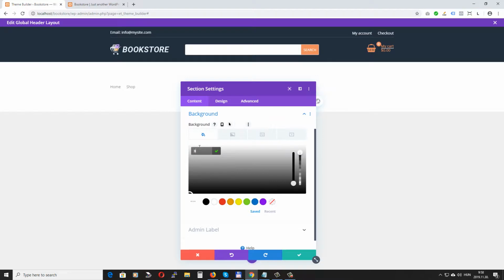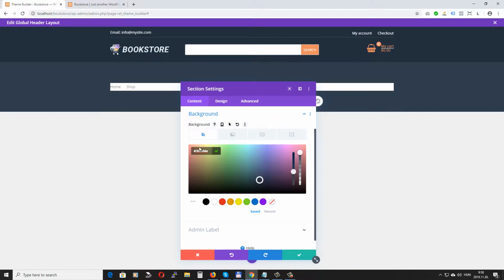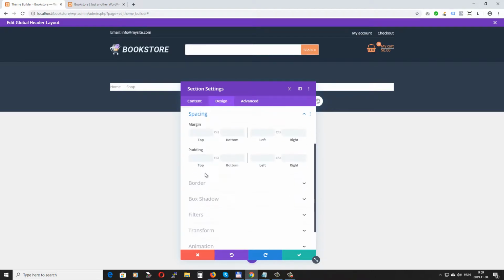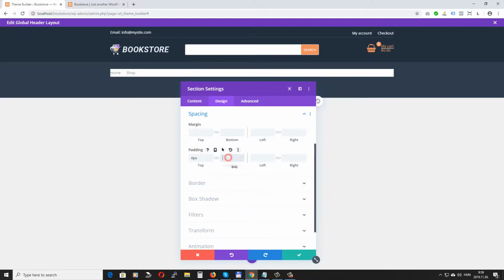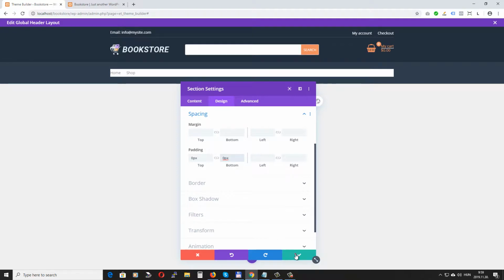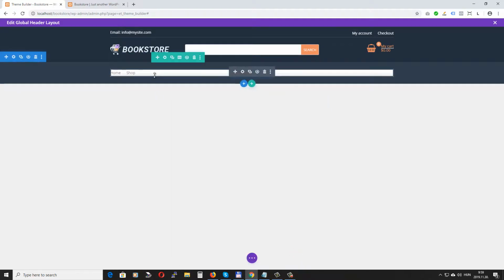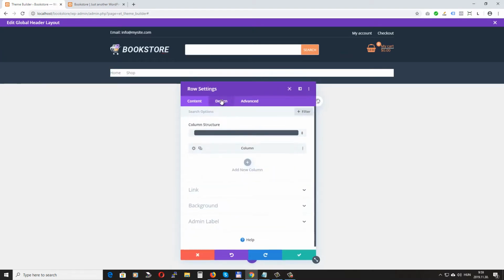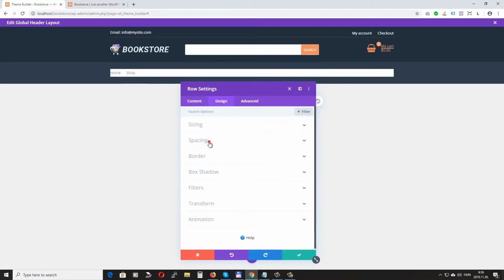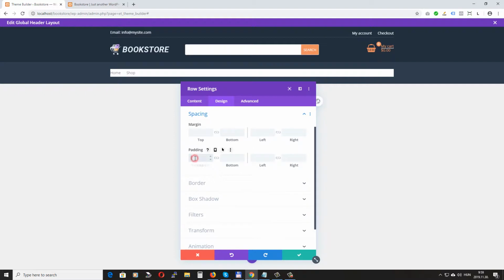The background color is 303D4E. Spacing, padding top 0, padding bottom 0. Okay, we need to change the padding of the row. Design, spacing,